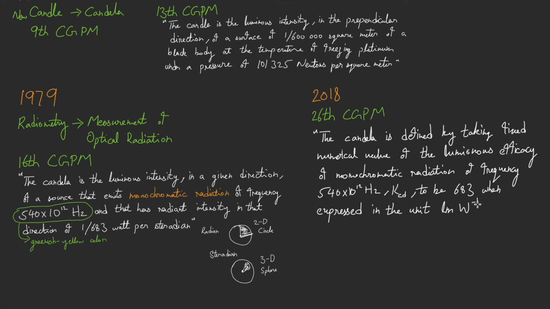Which is equal to cd, which is candela. sr is for steradian, per watt, or cd candela steradian per kilogram per meter square second cube,